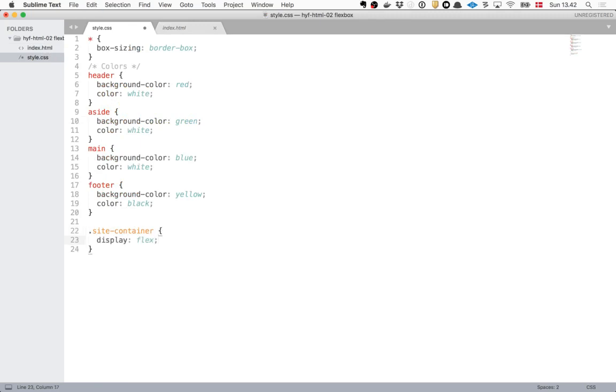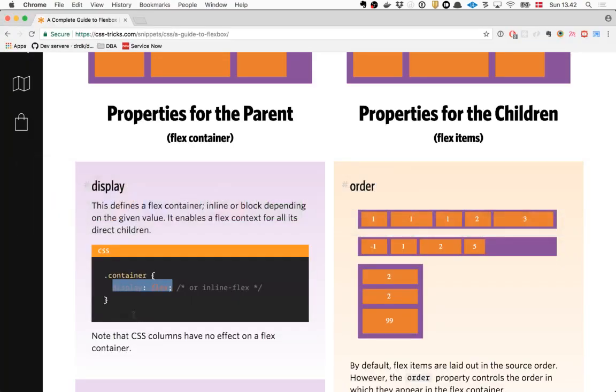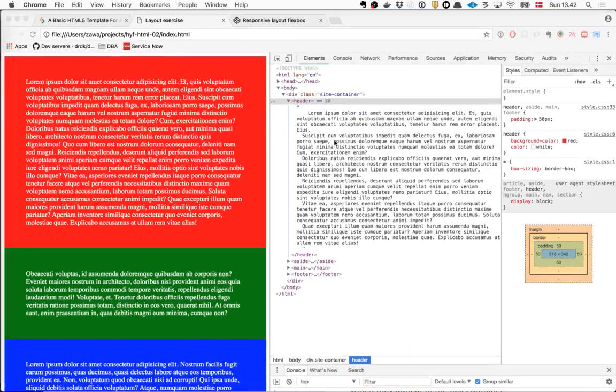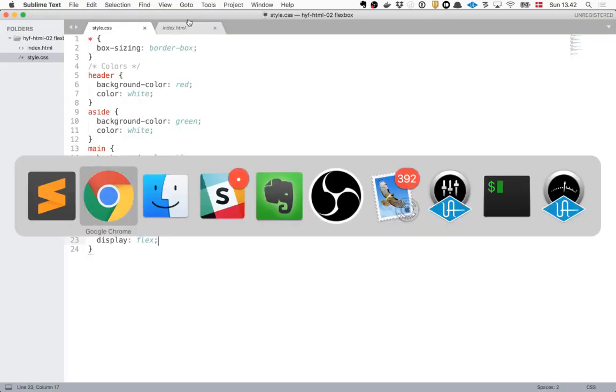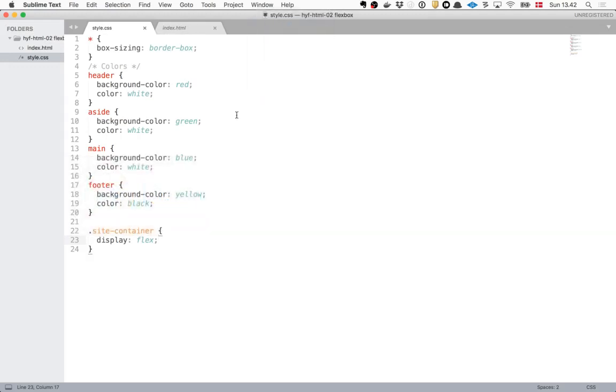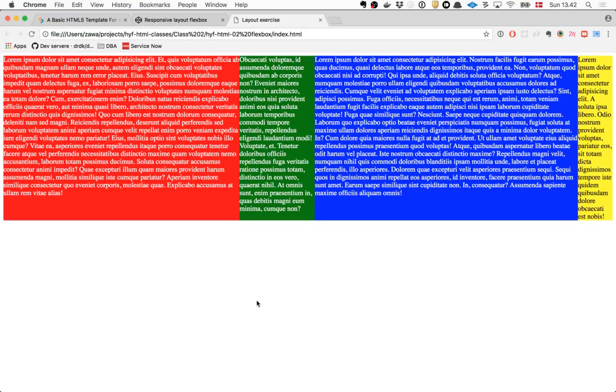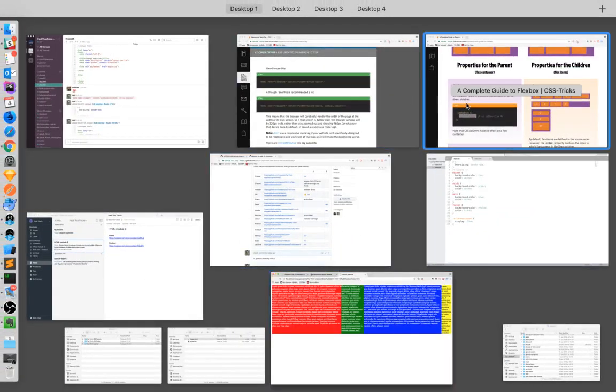So let's set the site container to display flex. And I don't know if it makes sense to see... oh yeah, remember, I was just about to refresh my file here, but I'm opening a completely different project now, so remember to actually open the right file. Okay, so that's what display flex did. It actually took each of these elements and put them next to each other, just crammed everything into one line. That's interesting. So let's have a look here again.